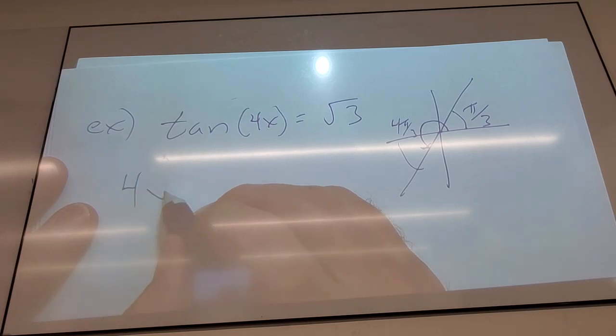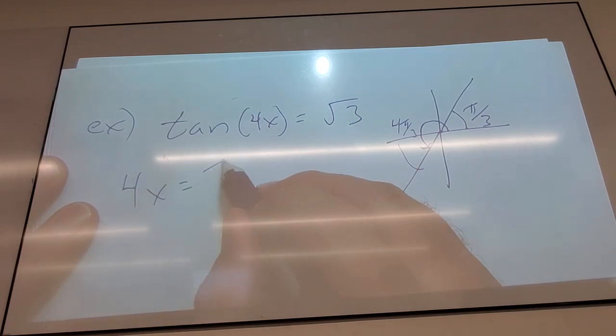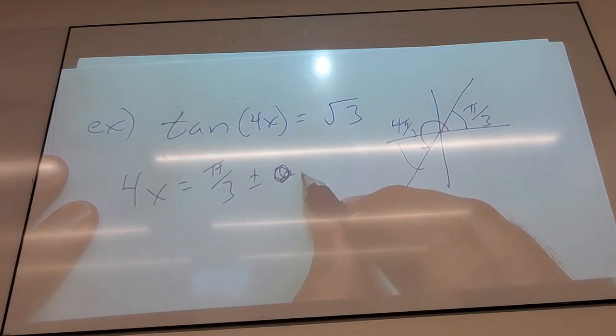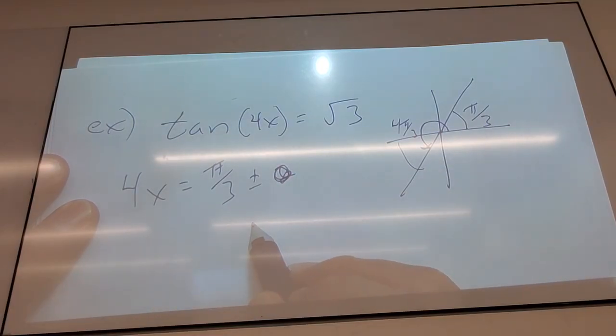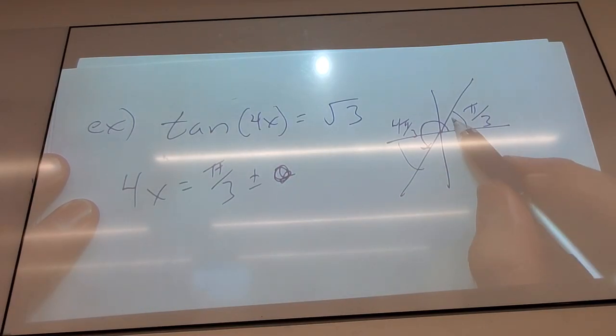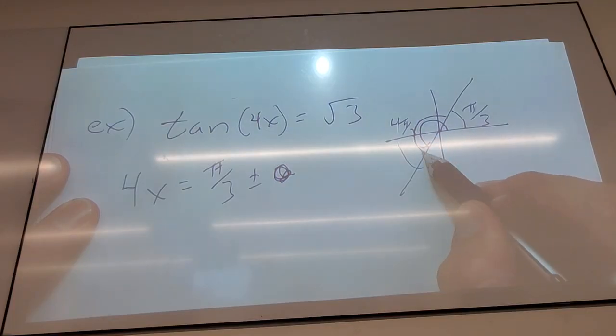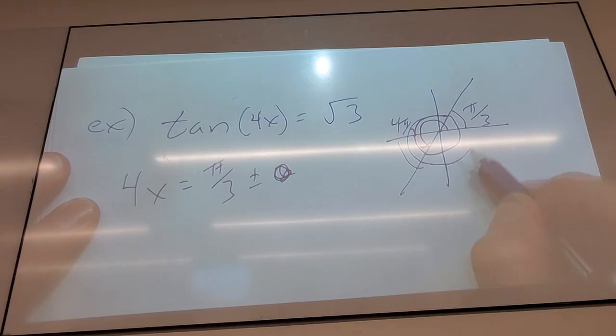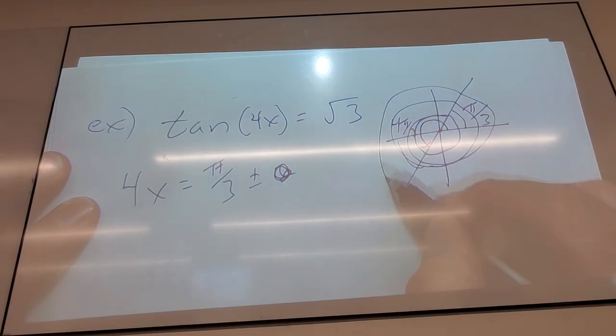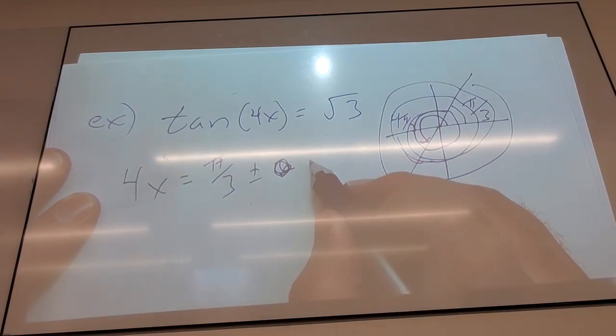So 4x equals pi over 3. Do I need plus or minus 2? No, yeah, 2. Do I need another statement? How far apart are these two? Pi. And then the pi. Just need the one statement. Okay. So this will be